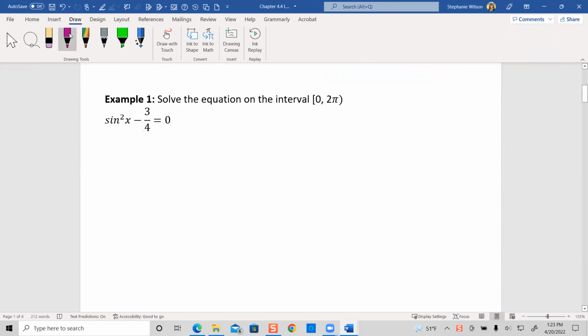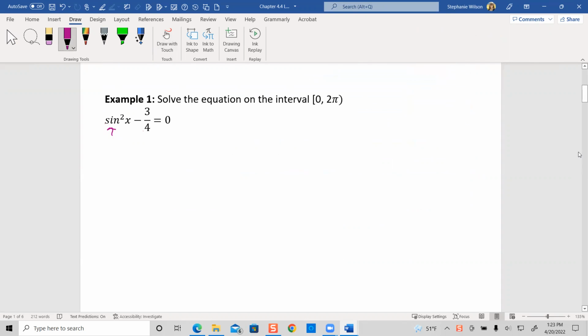In example 1, we have a question. It says solve the equation on the interval of 0 to 2 pi. So that means we're talking about radians. So make sure your calculator is in radians, and it's always good to know the unit circle. So in order to solve that, we need to have sine, not sine squared, and we need to have it